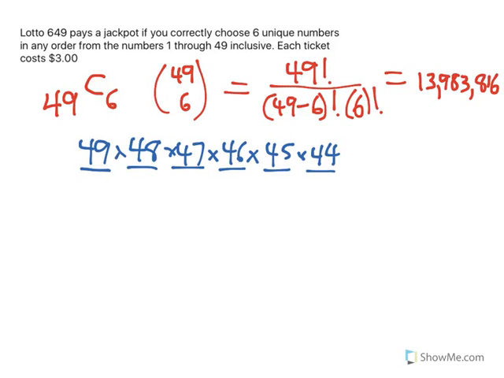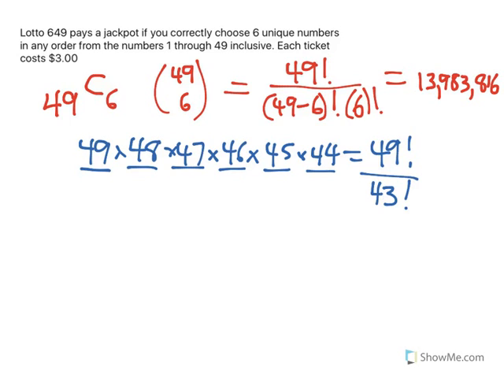Unfortunately, you will not get the same answer. This is only 49 factorial divided by 43 factorial, as we should be able to see, right? That would leave you with 49, 48, 47, 46, 45, 44. The reason this is not the same is because this is not taking into account the repeated combinations that are